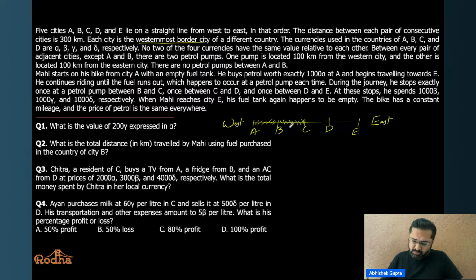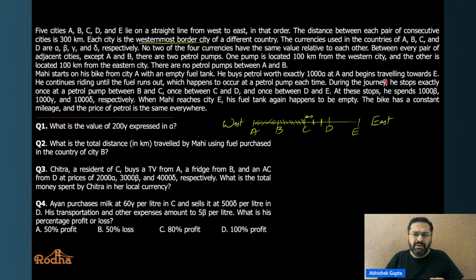Now, what would this be like? Something like this. For example, if we talk about C and D, there'll be two petrol pumps like that. So here, this region would be 100 kilometers. Likewise, this part would be 100 kilometers here. This is 100, this is 100, and this would be 100. Likewise, there'll be two here, two here. So we can say two petrol pumps in between. So the gaps would be 100, 100, 100. If we look at C and D, two petrol pumps, this is the first pump, this is the second pump, so this gap would be 100, then 100, then 100. It would be like that.